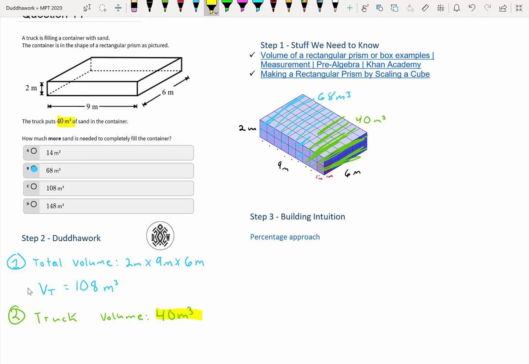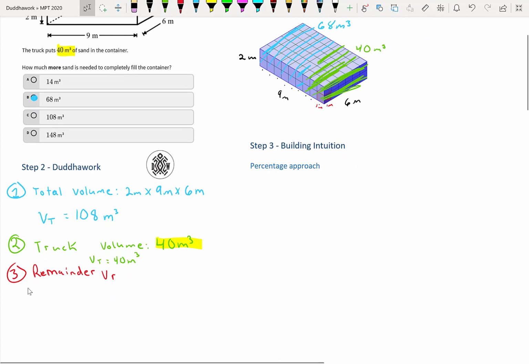And then the remainder, so the remainder, let's call this VR, is simply equal to